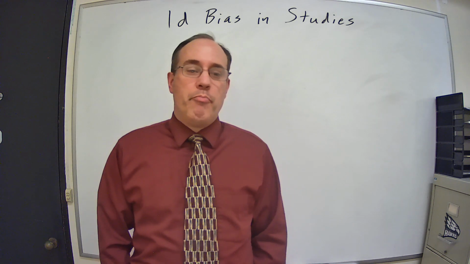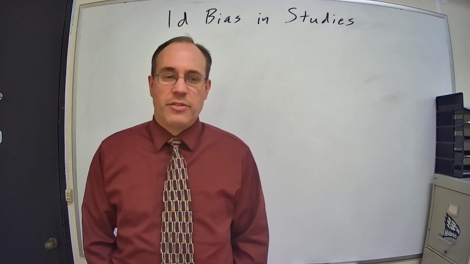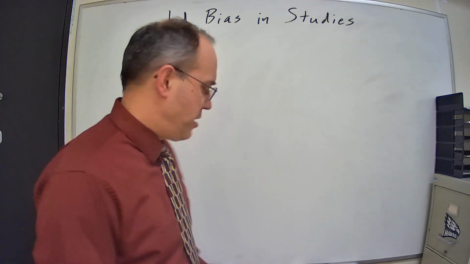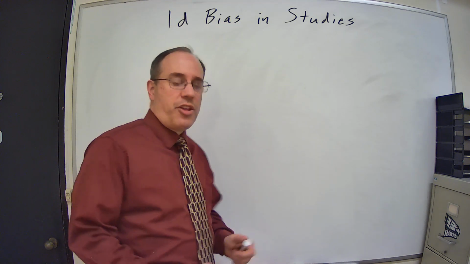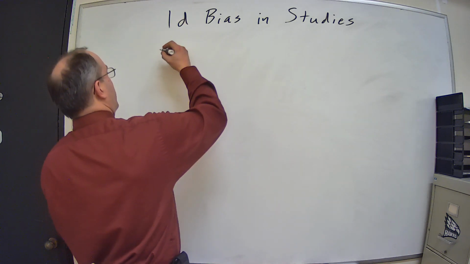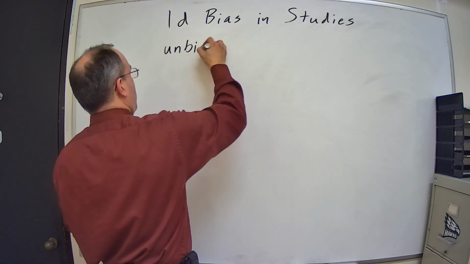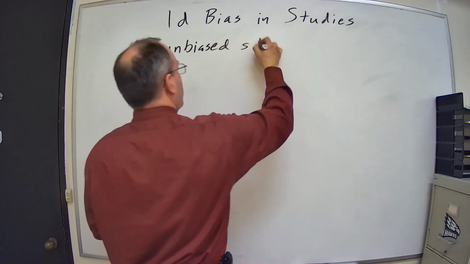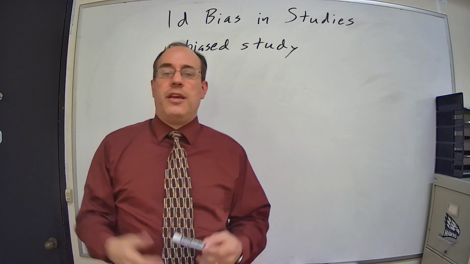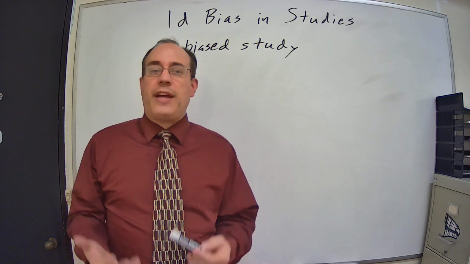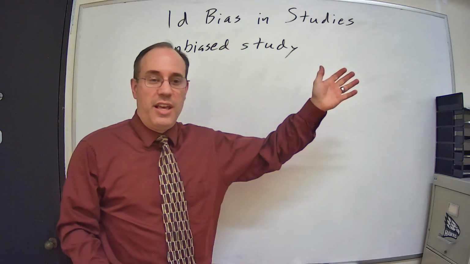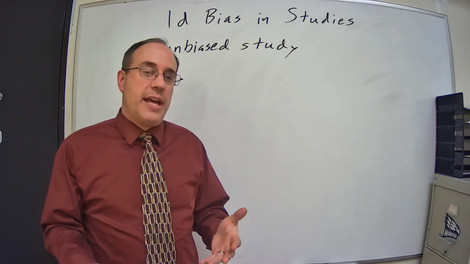Topic 1D, bias in studies. So, what is a biased study or an unbiased study? What is bias? Bias is something that affects the outcome. So, an unbiased study is a study that's conducted in a way that it produces the correct result on average. So basically, an unbiased study accurately represents the truth,